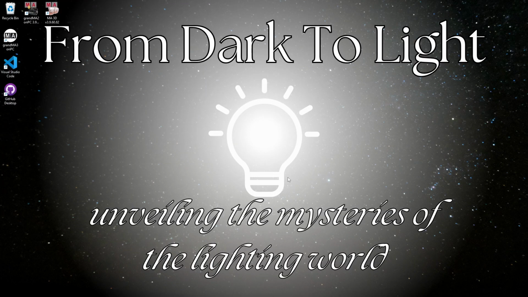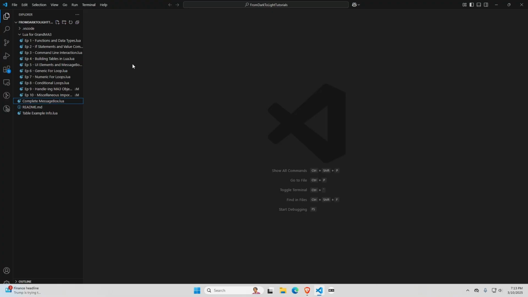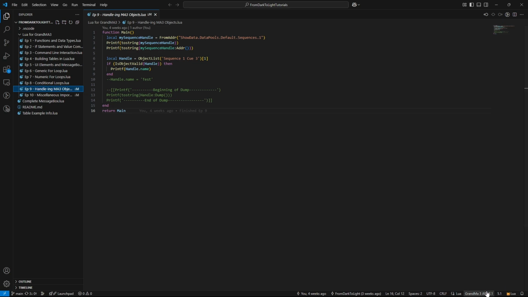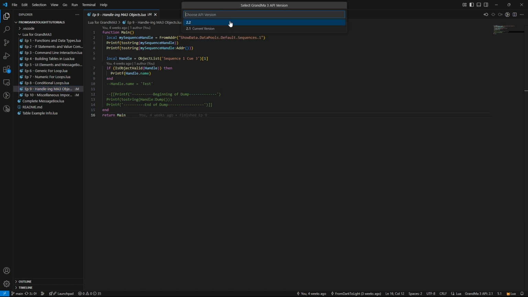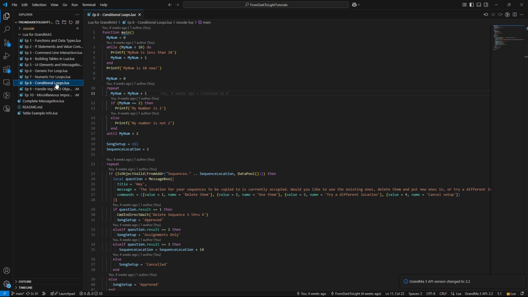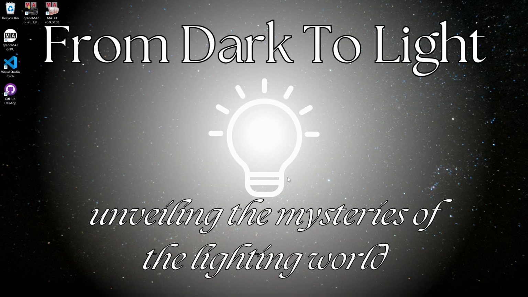So I read all these things and there didn't seem to be any changes that looked like they would affect me. However, I was smart enough not to trust it. My next step was just to go into Visual Studio Code, pull up some of my plugins, change the GrandMA3 API extension version to 2.2, and just see if it highlighted anything orange. Now, in this case, it did not on anything here, and that is also what I found when I was working with my plugins that I do for the church. I do want to make the comment that sometimes the extension has errors, so don't trust it 100%, but it is a useful tool to quickly highlight if there's anything that might need to be changed.